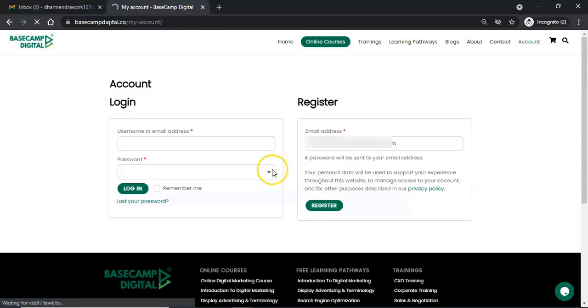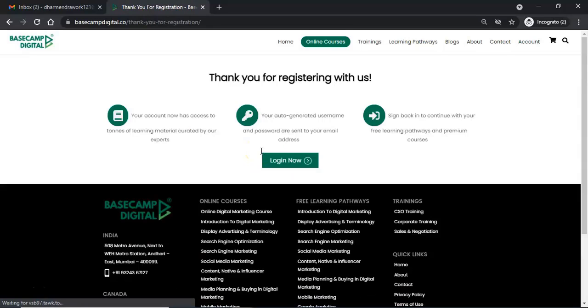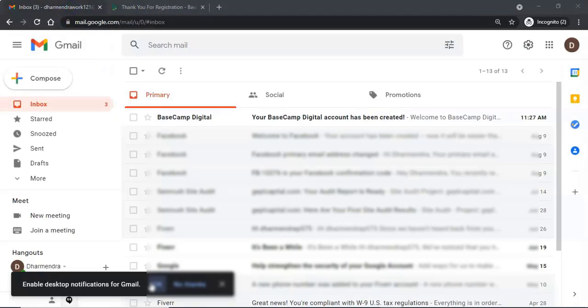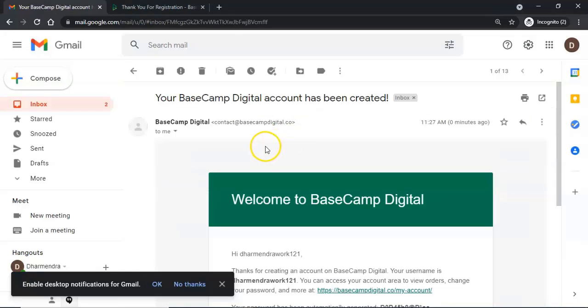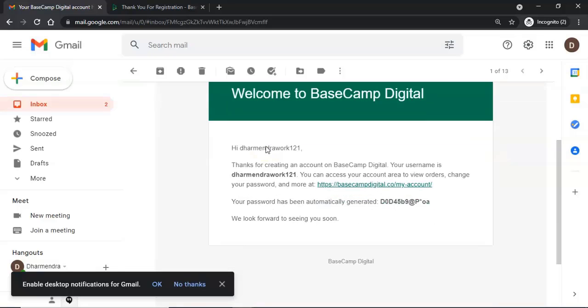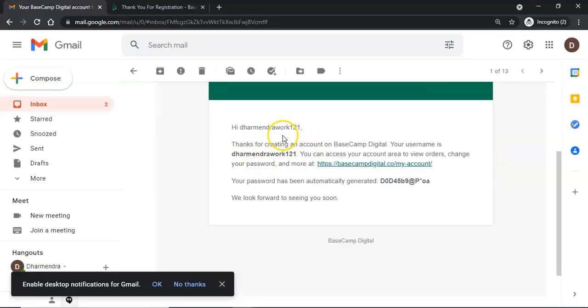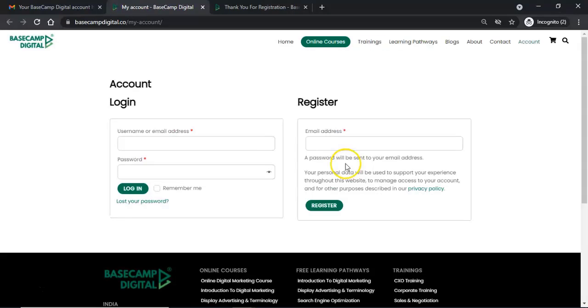Once you click on register, it would take you to a page and it will tell you thank you, and if you want to log into this page, you would have to go and confirm your email address. So let's go. After clicking on Register Now, and once you submit your email ID, you would get an email which would have an ID and password. So now as you can see, your registration has been successfully completed, and now you can click on this link and access your account easily. So let's click on this link, and here it is.